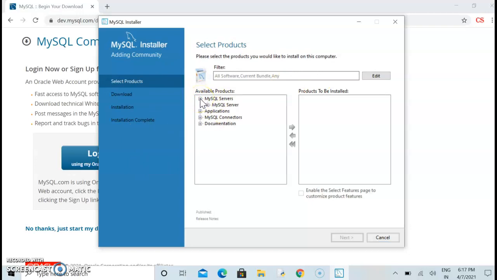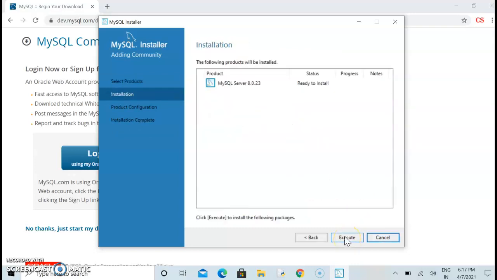Because in the CBSE syllabus, only MySQL server is in our course, we are just focusing on the MySQL server option. After clicking on all these options, you can click on the arrow button and then click on the next option. Click on the execute button to start the installation process.